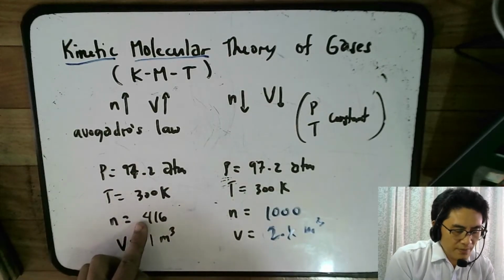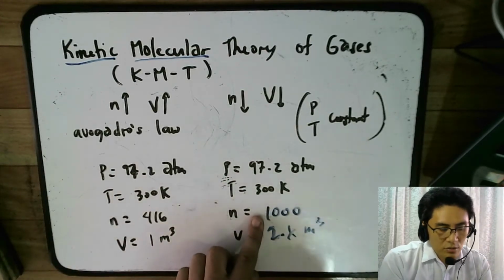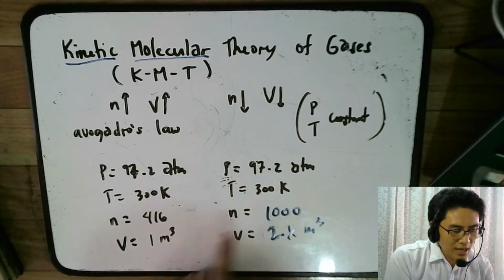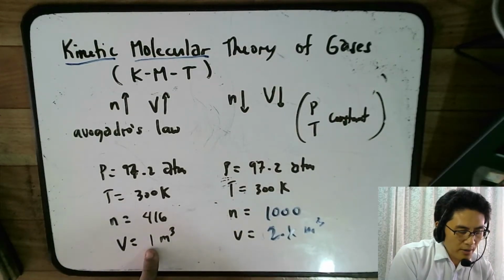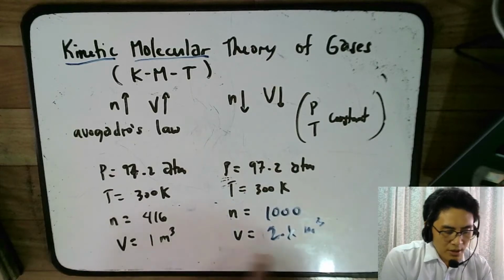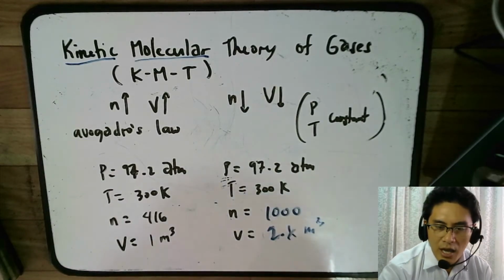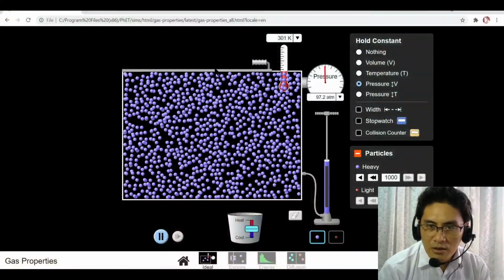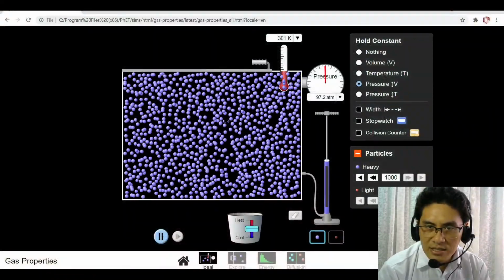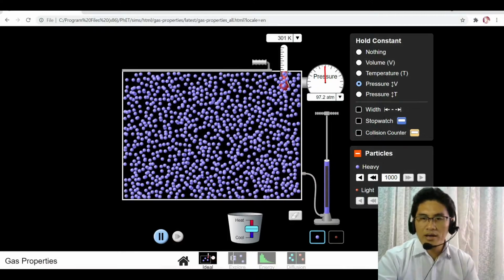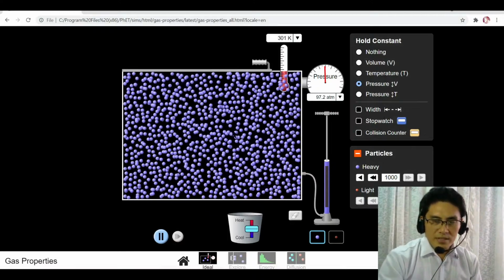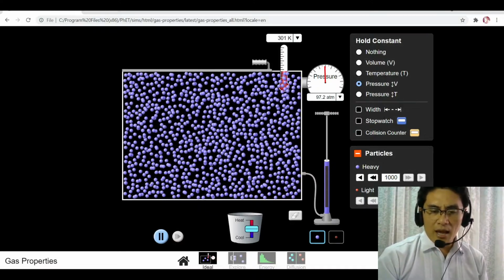From 416, we made it 1000 particles. Now, the volume, which was 1 meter cube, increased to 2. Obviously, this is an estimate, but you can see from here that it was originally somewhere here. Now it's this big, so it's more than twice its original size. So that's the idea behind